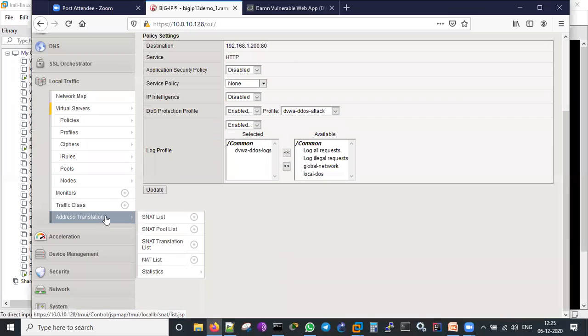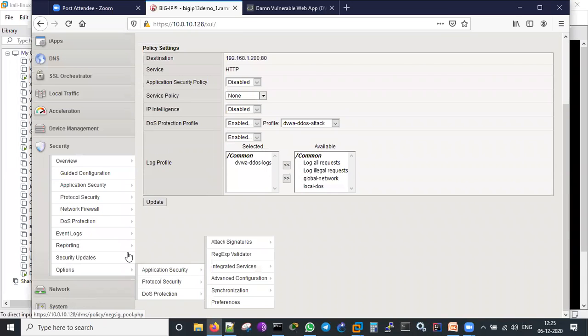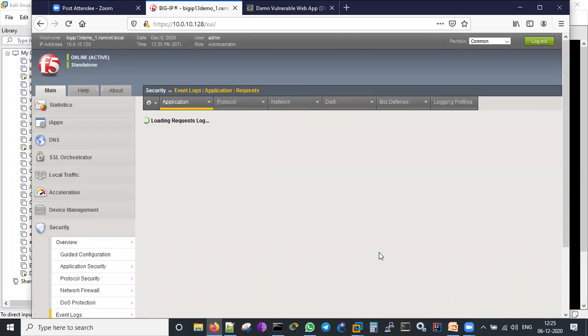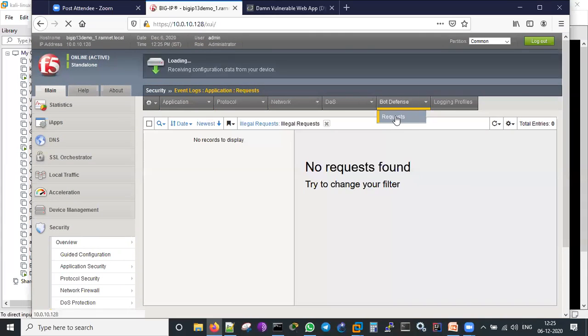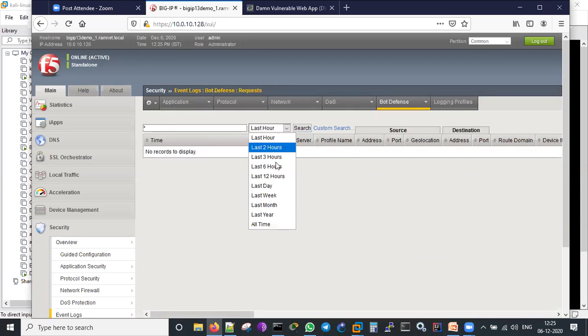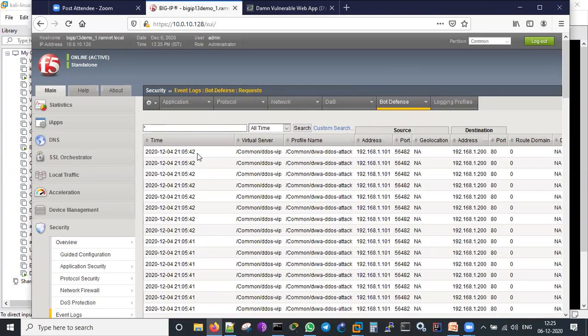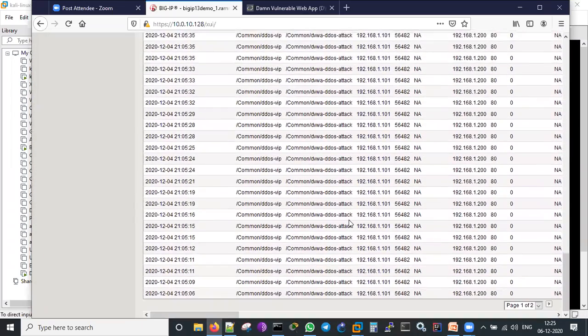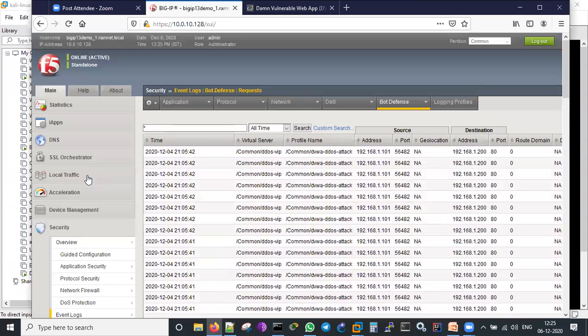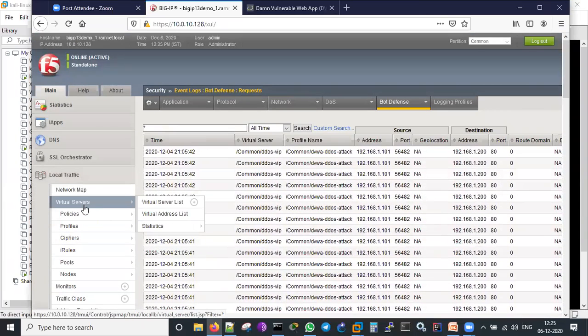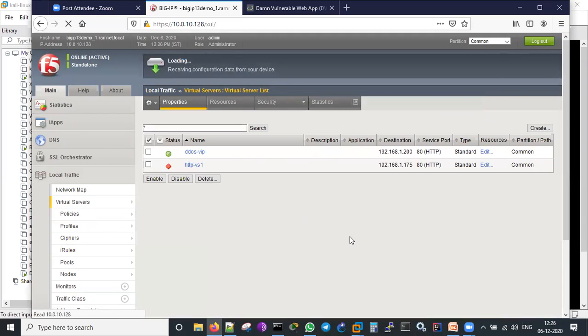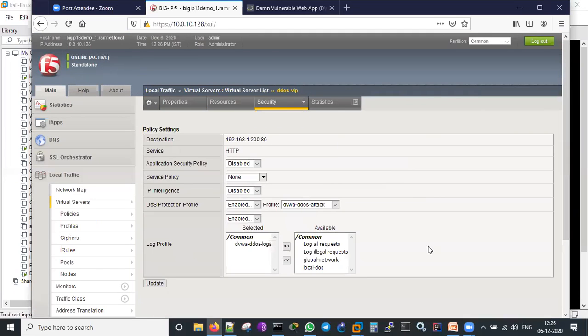So now if I go there and check it out again, what's the difference? The time has changed, it is showing the older logs only. Now it is not showing anything. So like that we are able to protect our system by activating the policies on this. We can definitely do that. This is how we are activating the policies on this server. See, this DoS attack protection has been activated on this.